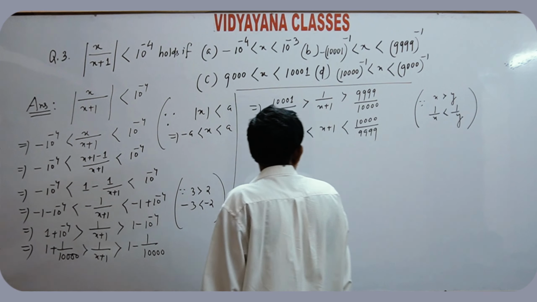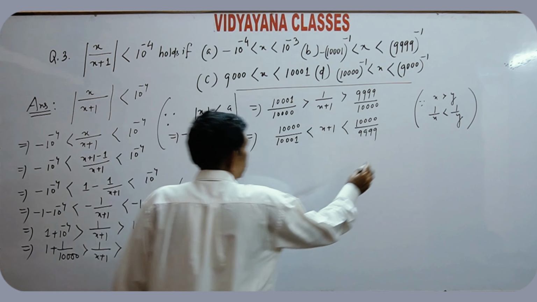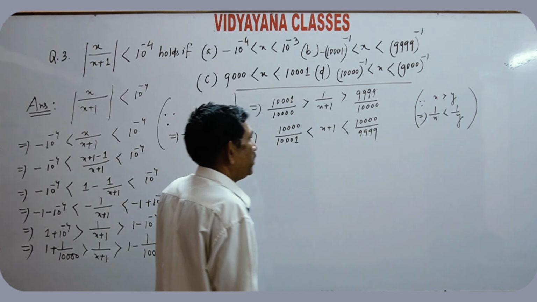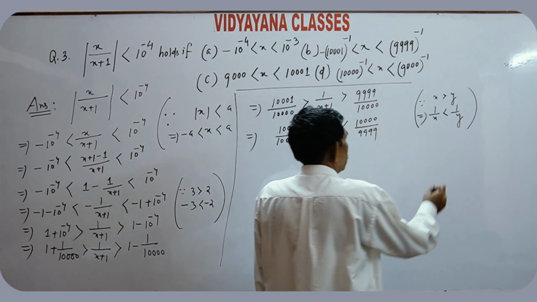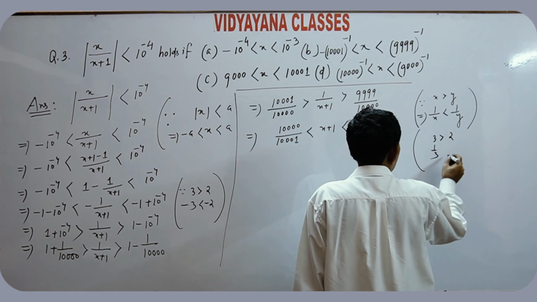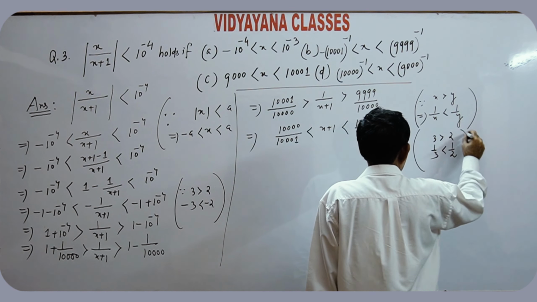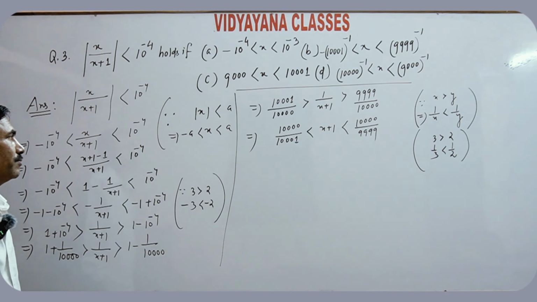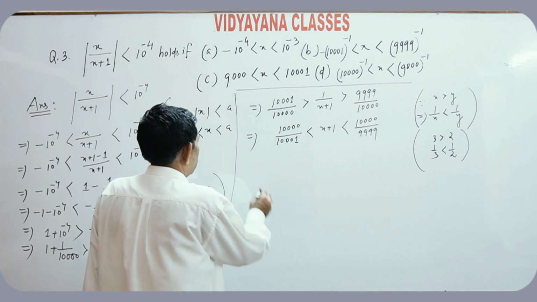x greater than y implies 1 by x less than 1 by y. For example, 3 greater than 2, 1 by 3 less than 1 by 2. Clear? Which implies as